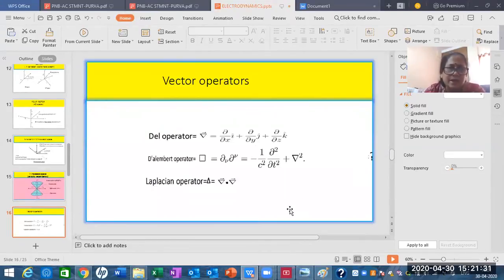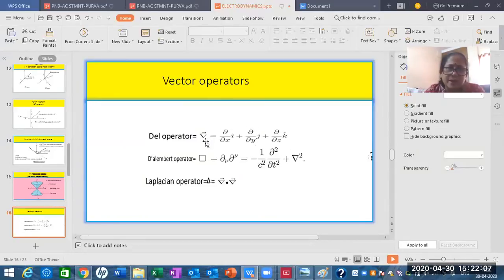From that I came to the last slide, the vector operators. What is the vector operator? It is a differential operator, called the del operator. You can see here these are the Cartesian differentiations. I cap gives you the x direction, j cap the y direction, and k cap the z direction. So you can simultaneously find the change in the x, y and z variables by using this operator on any vector.